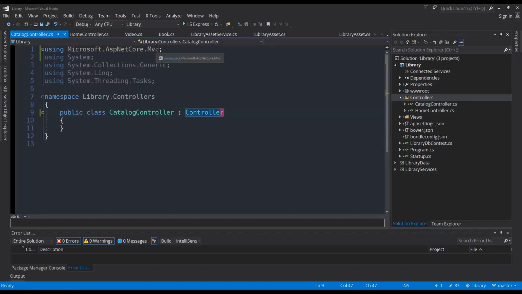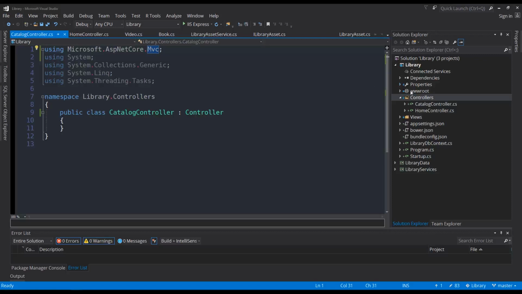As briefly discussed in the first video in this series, Microsoft's ASP.NET Core MVC takes its name from the actual design pattern, also abbreviated as MVC, which stands for Model View Controller. And so what we'll be working on first here is a controller. The purpose of the controller is to handle all the data that might come back from our data source and work with it to push it into a particular view model